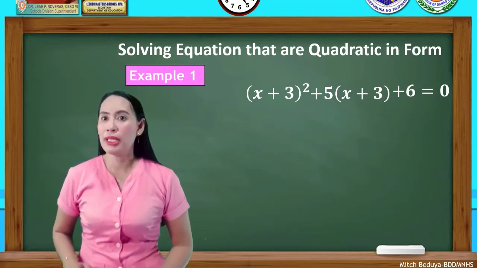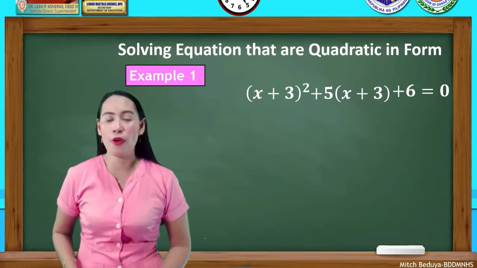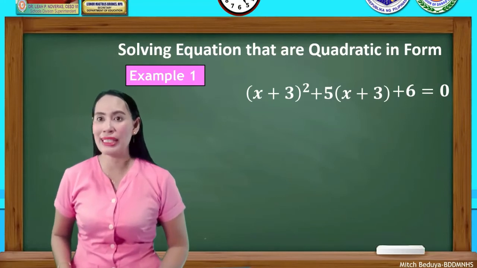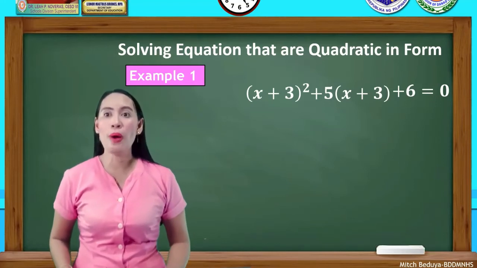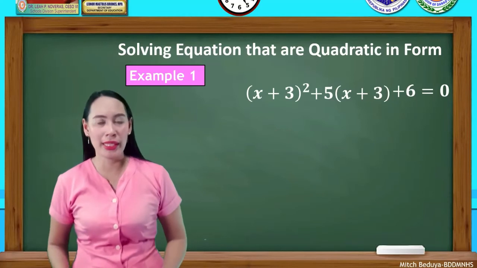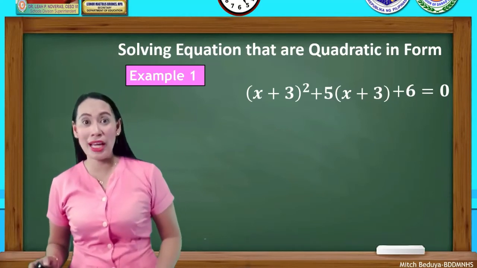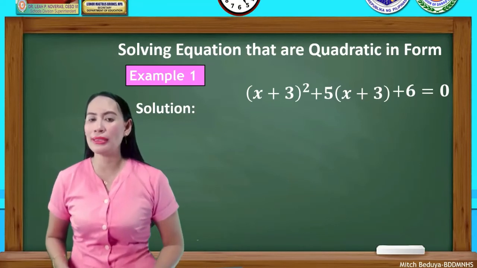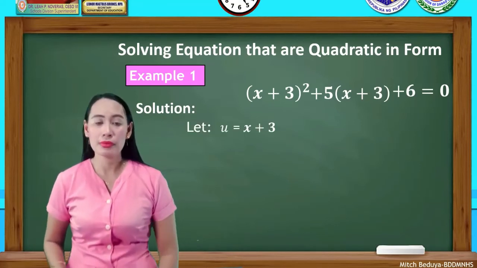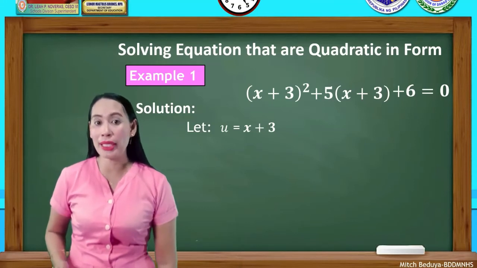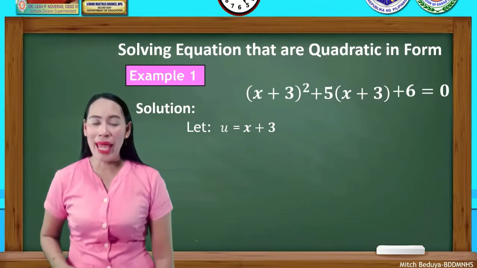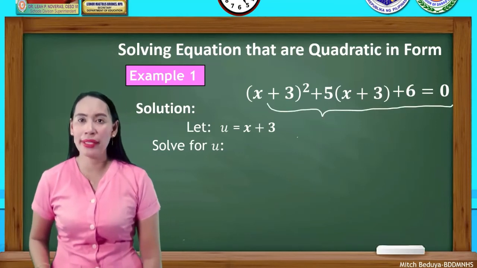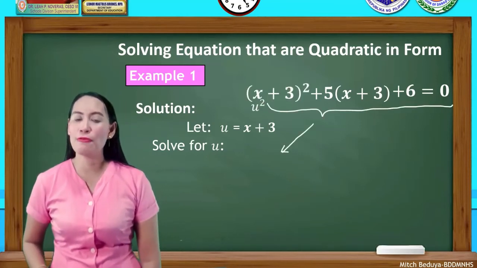Why? Because this is written in the form of au squared plus bu plus c equals 0, with u as x plus 3. So I will show you now the solution. Let u equals x plus 3. By doing substitution, we can solve for u. We have u squared plus 5u